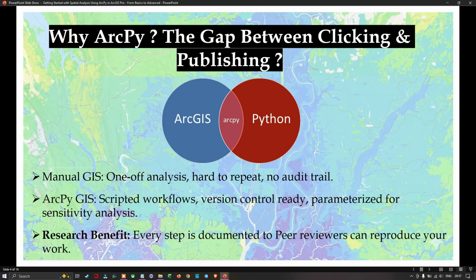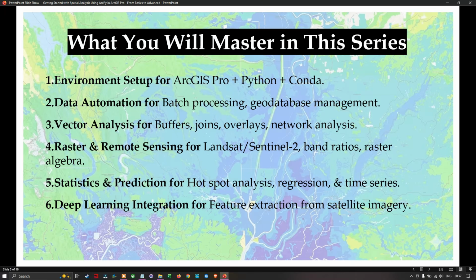What you will master in this series. We will start with a hello world in ArcPython and end with deep learning for counting features in satellite images. Each lesson uses real datasets like disease outbreaks, wildfire-affected areas, and crime analysis. First, we're going to set up the environment for ArcGIS and Python,